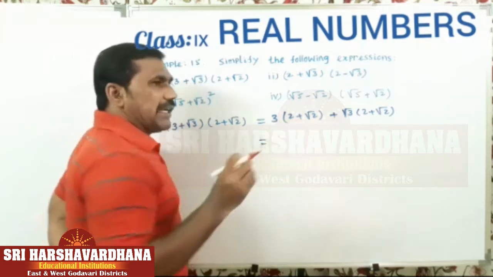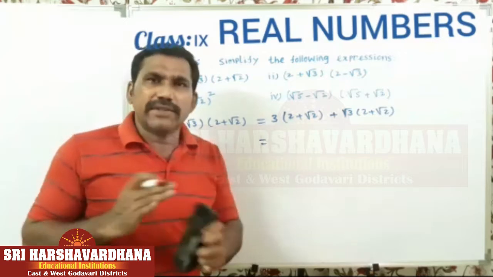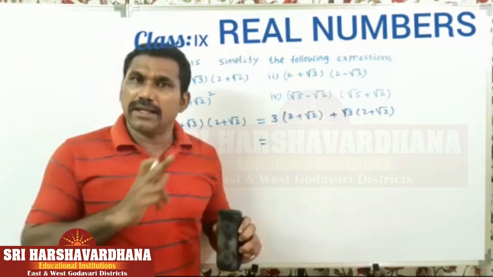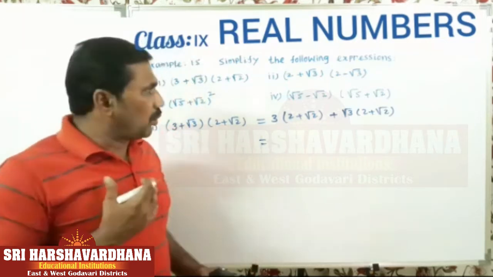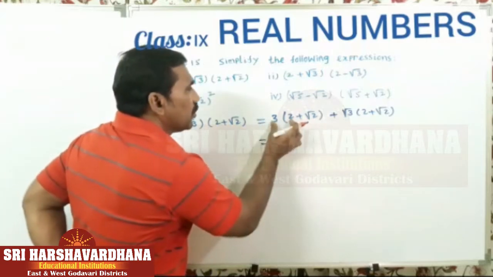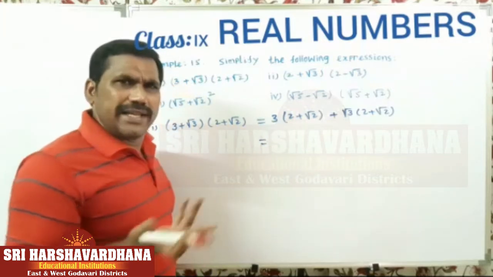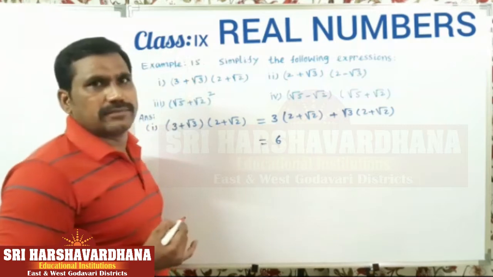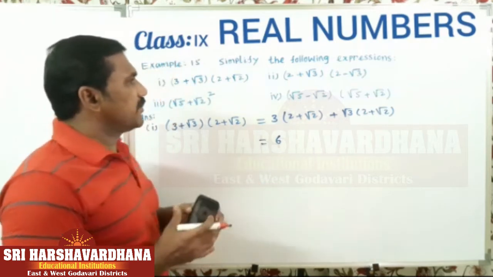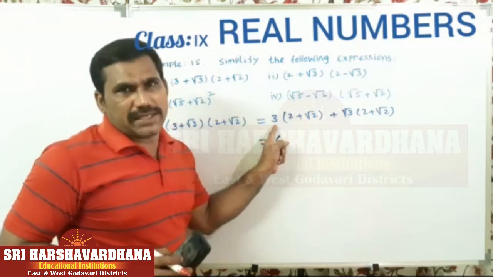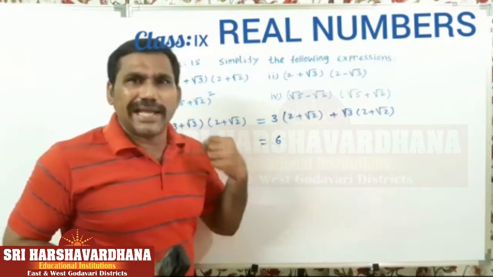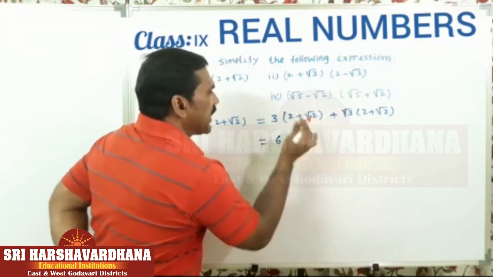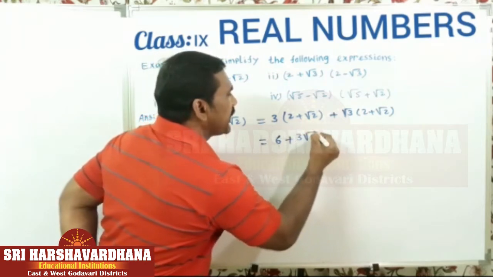Remember, here multiply only rational with rational and irrational with irrational. Don't multiply rational with irrational. What I mean is, here 3 and 2 are rational numbers. Then you multiply directly. 3 2s are 6. And the next step is, see here, 3 is a rational number. Root 2 is an irrational number. So that's why simply write down those rational and irrational as 3 root 2.